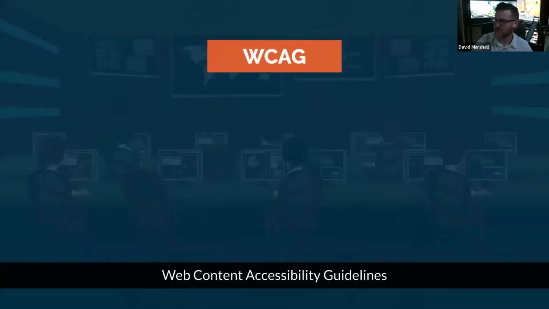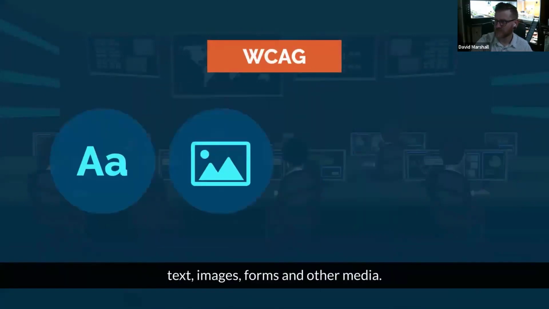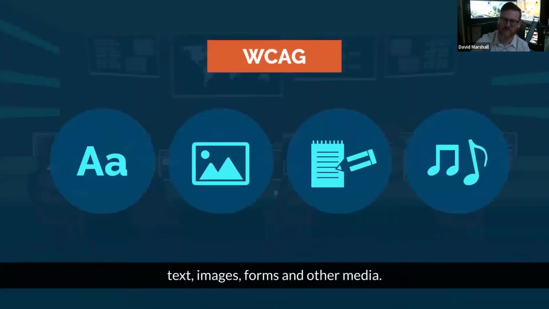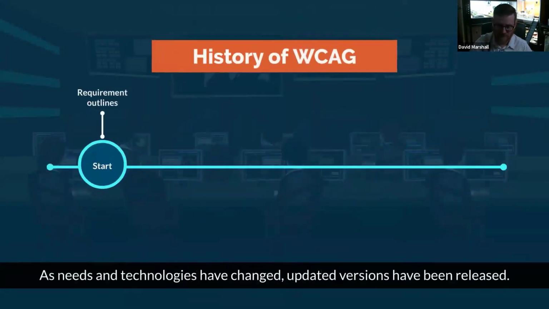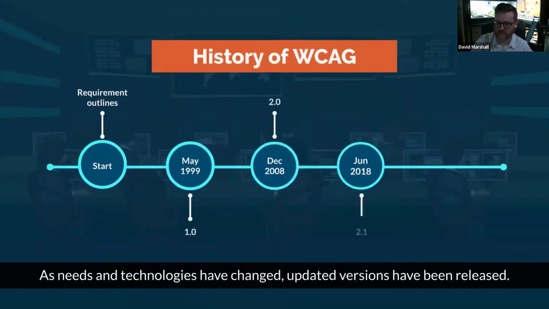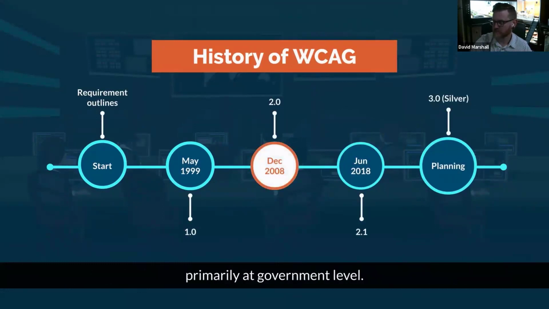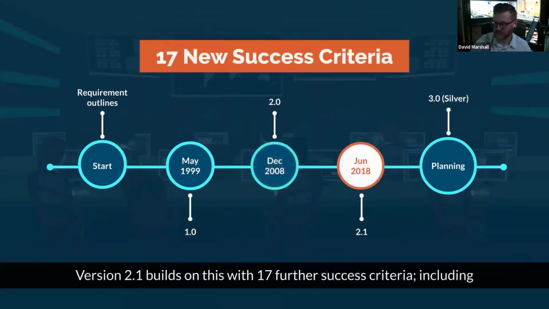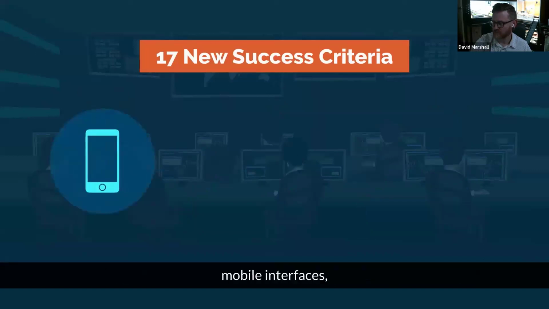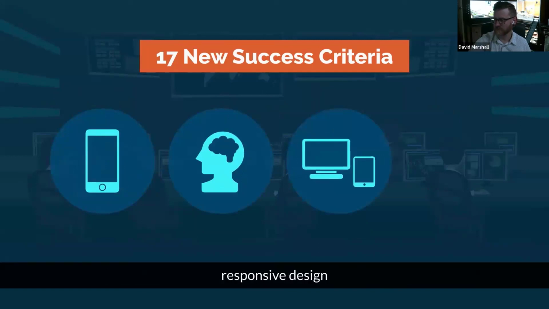Web Content Accessibility Guidelines cover the information in a website, including text, images, forms, and other media. WCAG started out as some basic requirements for accessible content. As needs and technologies have changed, updated versions have been released. Version 2.0 is incorporated by reference into many other standards, primarily at government level. Version 2.1 builds on this with 17 further success criteria, including mobile interfaces, supporting cognitive impairments, responsive design, and supporting